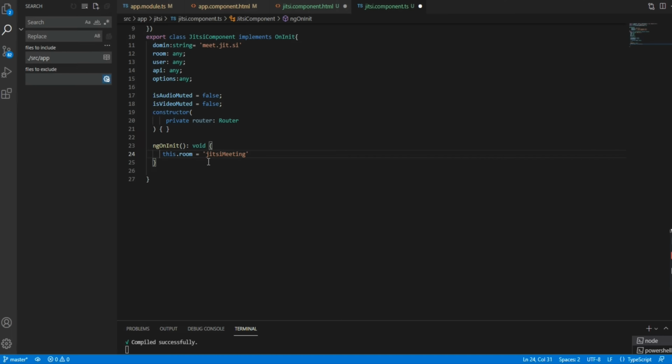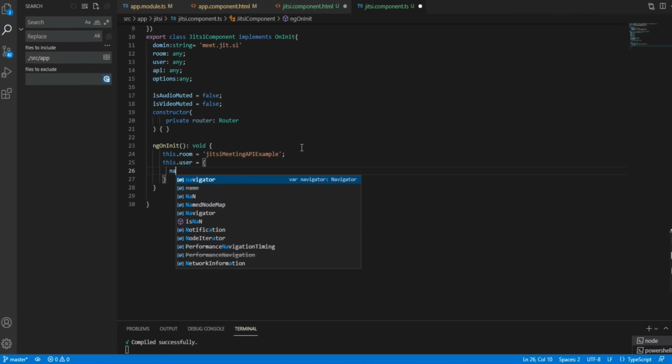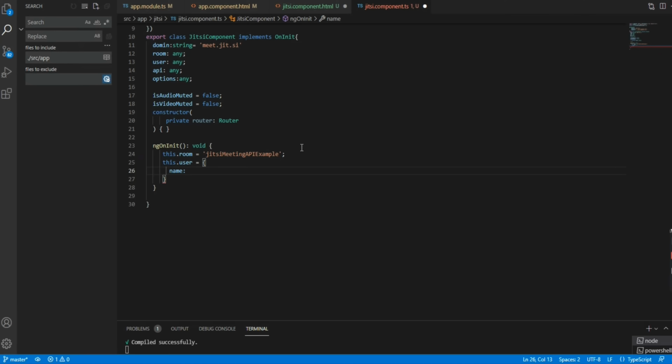Right now we will write this.room is equal to jitsi meeting dot meeting API example.